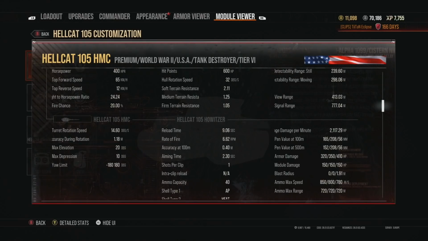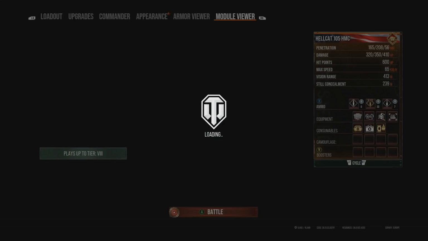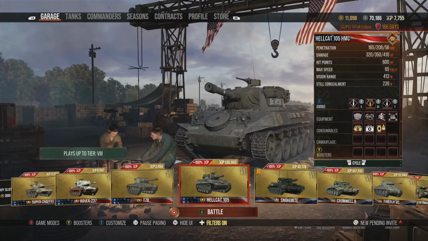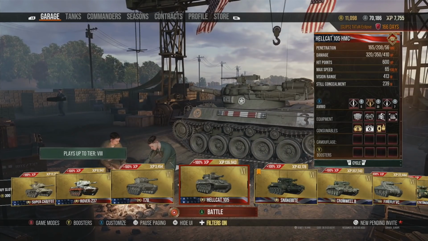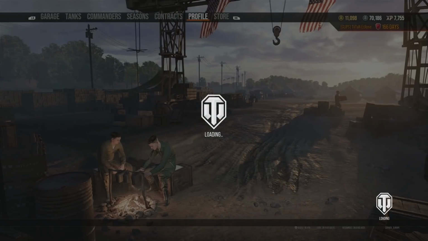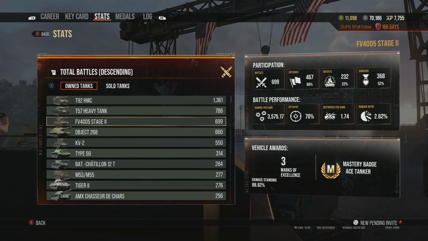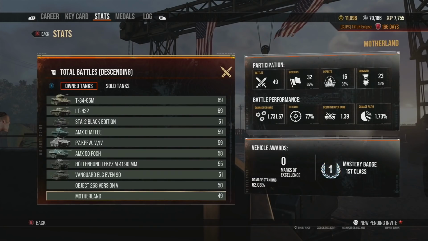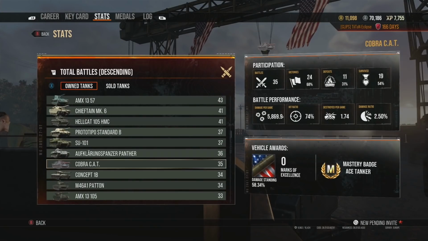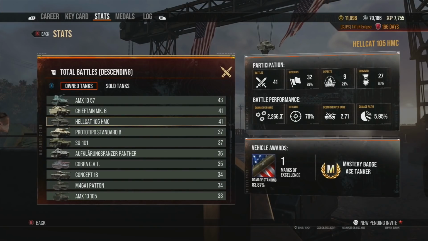So that is like tier 9 DPM on a tier 6, and it certainly packs out that damage really easily, because 208mm of penetration is more than enough to go through every single tier 6 within the game, straight through the front of them. And you can see here by just the statistics of the vehicle, the amount of percent wins that we've got in the Hellcat 105, 78% wins,